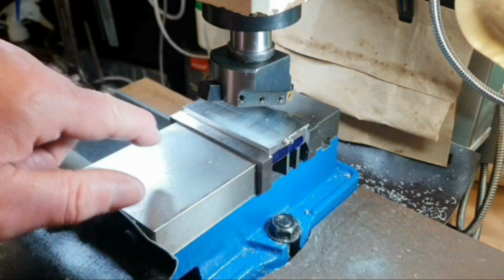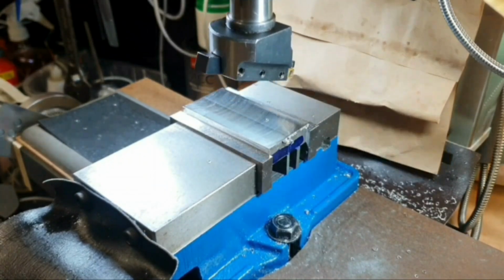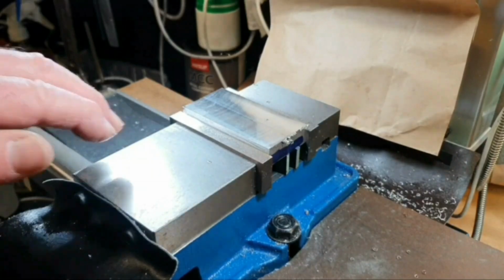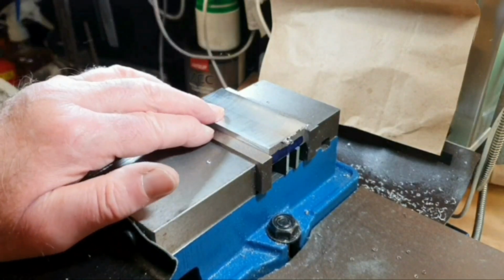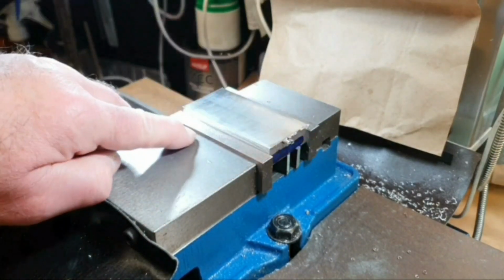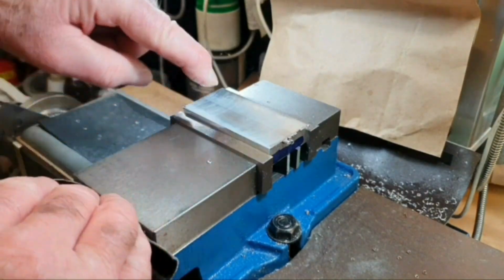Well, that's good. It's cleaned up quite nicely, so I won't need to make any more passes with that. The fly cutter always gives you a nice finish. I'm quite pleased with that. So I've just got to remove these parts now, do a bit of clean up all round, and the next job will be